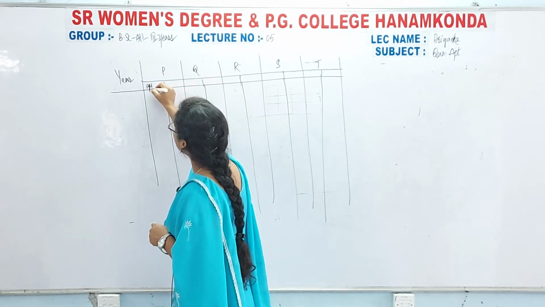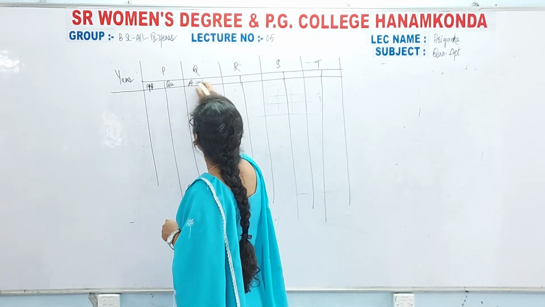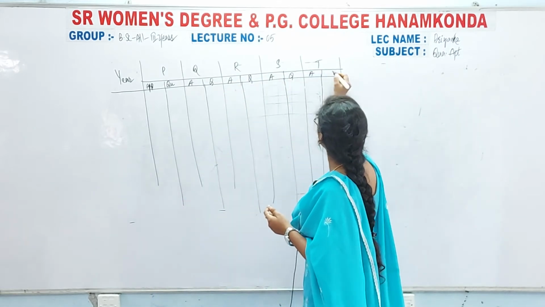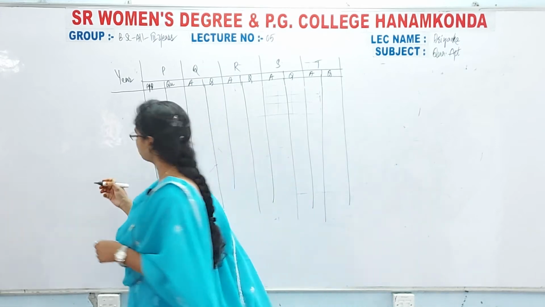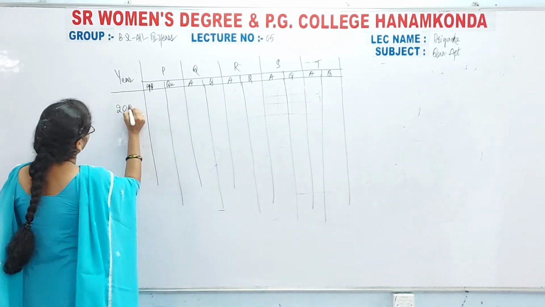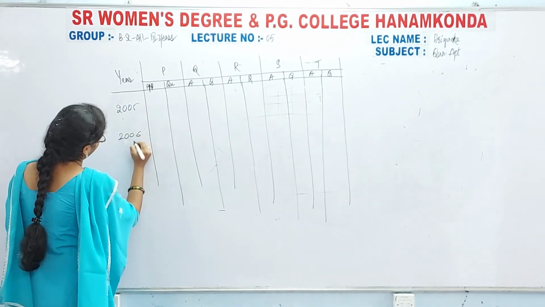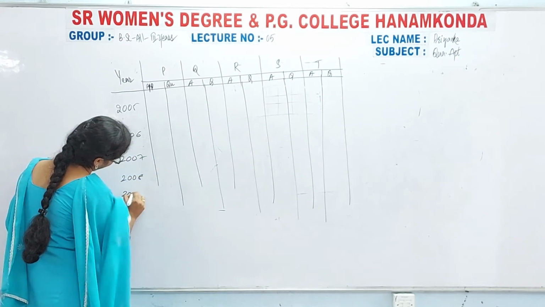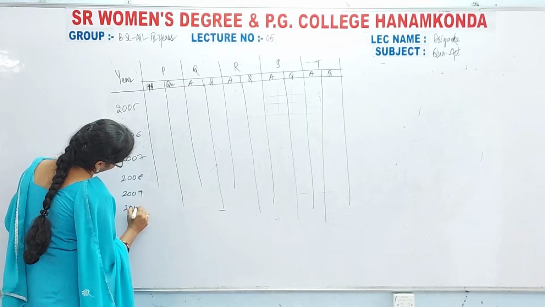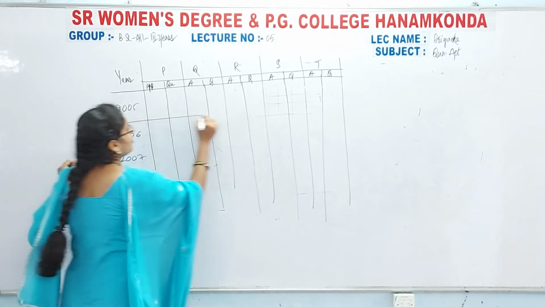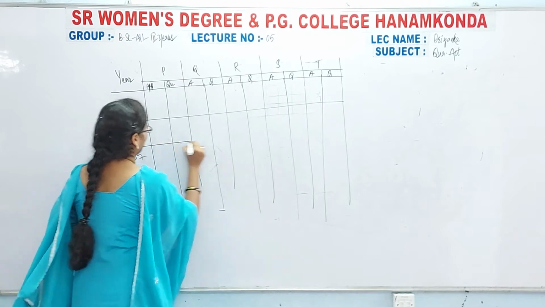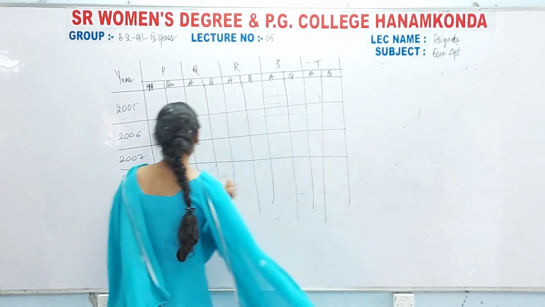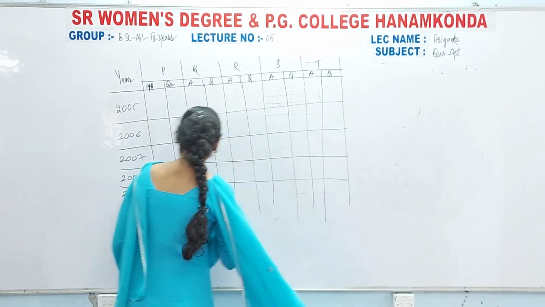So here appeared students, qualified, appeared, qualified. I am not writing neatly. If I want to write neatly, that definitely will take some more time. So that's why I am not doing it.